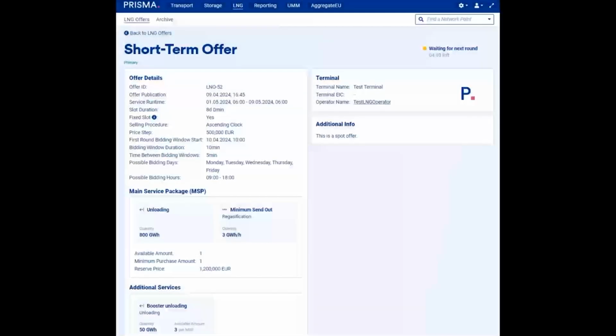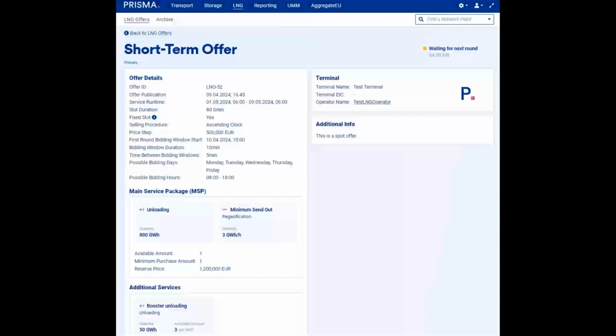All right, so round 3 happens because the offer is in waiting for next round again. So that means that we either experience an over demand in this offer or nobody participated. So now the offer goes to a pay as bid round. By scrolling down, we can check upcoming is round 3, in which the minimum price is 1,200,000 euro. So as you know,